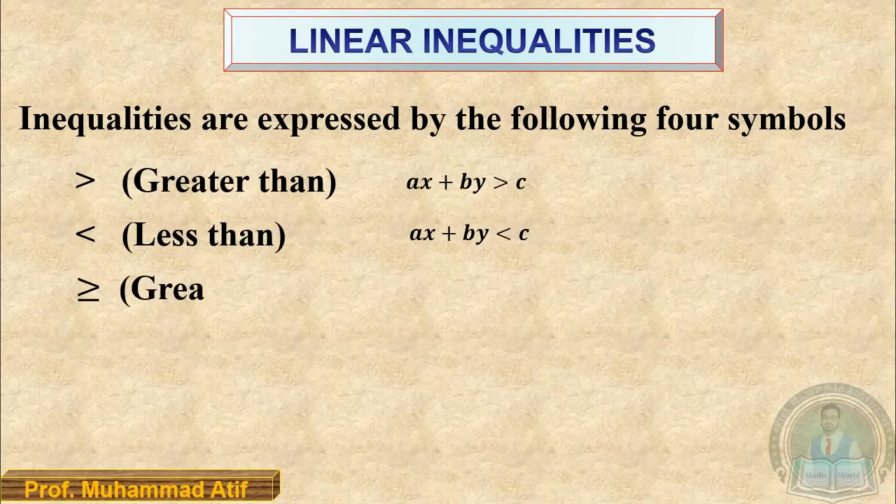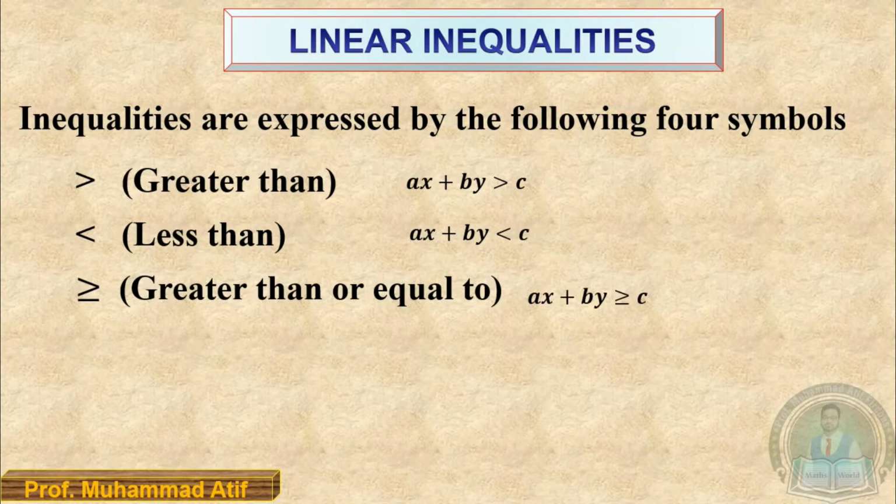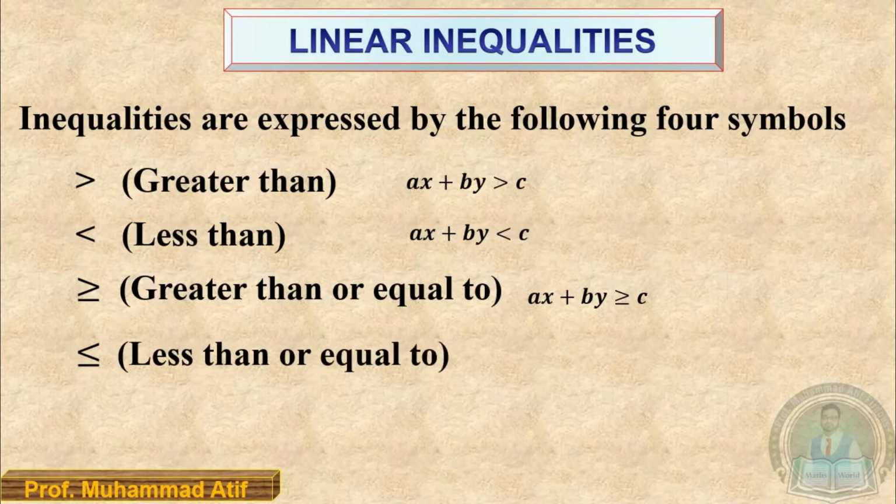Third one is greater than or equal to, and you can represent it in a linear equation like this: ax plus by is greater than or equal to c. And lastly, we have the less than or equal to sign, and you can present this as ax plus by is less than or equal to c, where all a, b, c's are constants, x and y are variables. Okay. So next we move on to